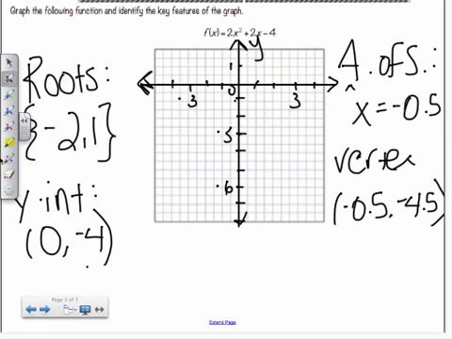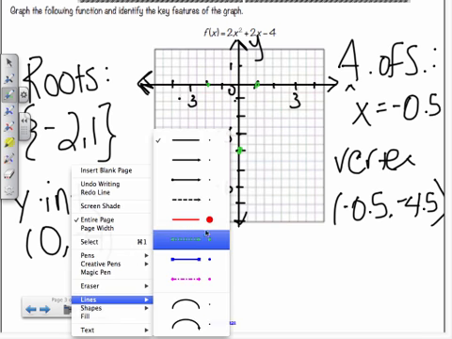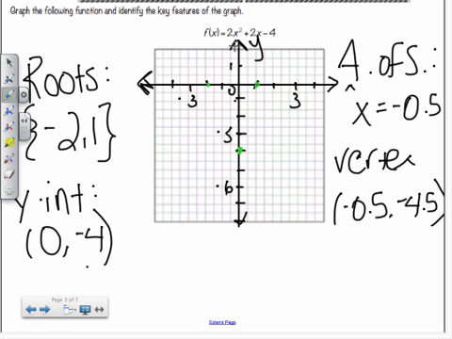Okay, and then I will go ahead and plot out my points. So I know my roots are at -2 and +1. I also know that my y-intercept is at -4, and that my axis of symmetry will be at x equals -0.5. So I'm going to go ahead and graph that out for myself right here. So here's -0.5, and then I know that my vertex will occur at -4.5, so I'll go ahead and put my dot right at -4.5. Here's my other point of symmetry right here,